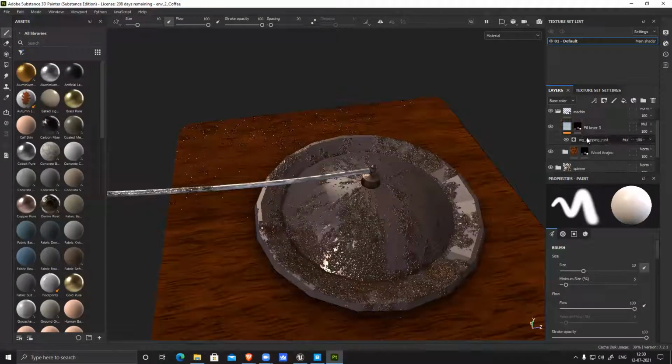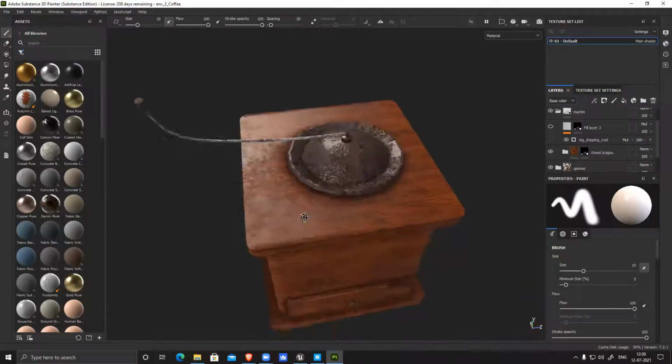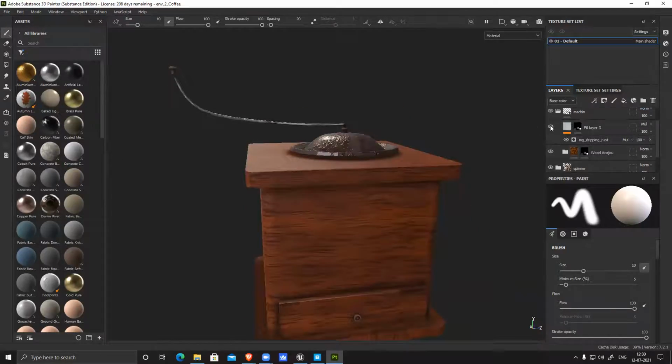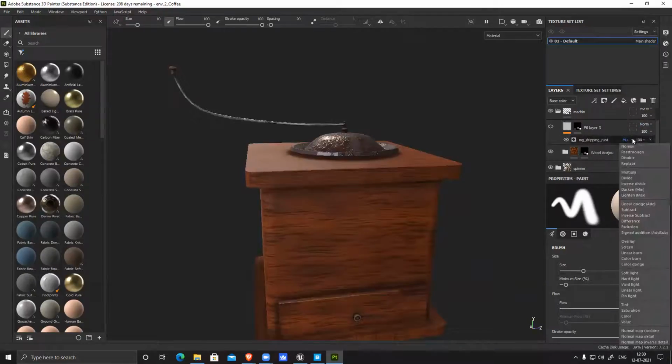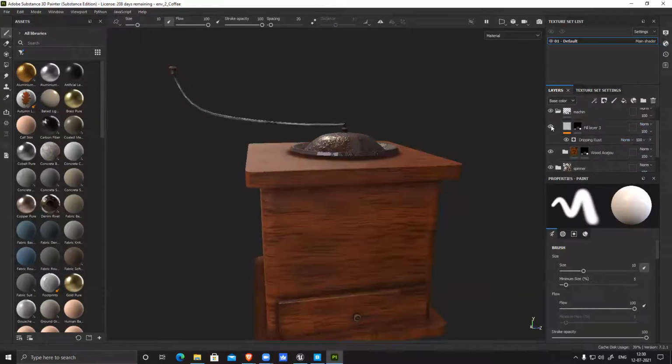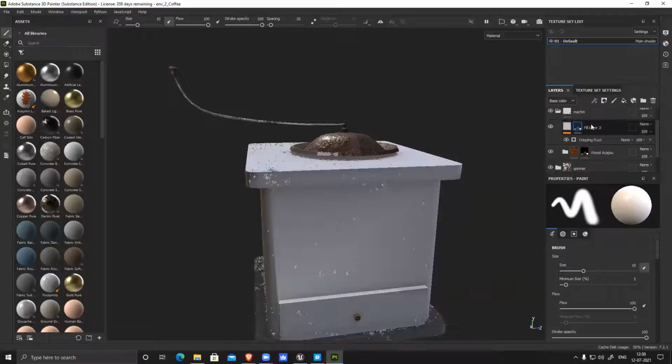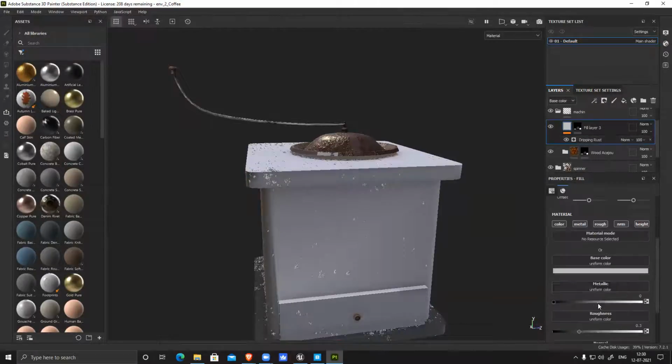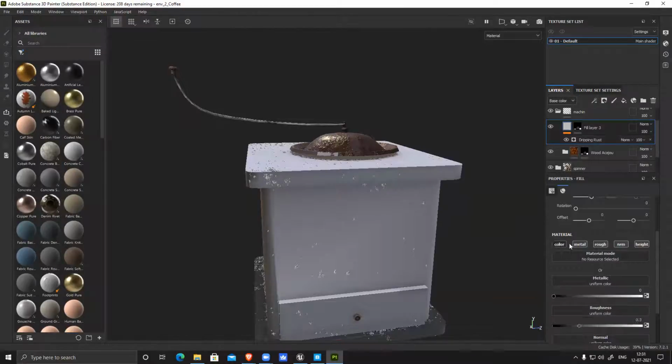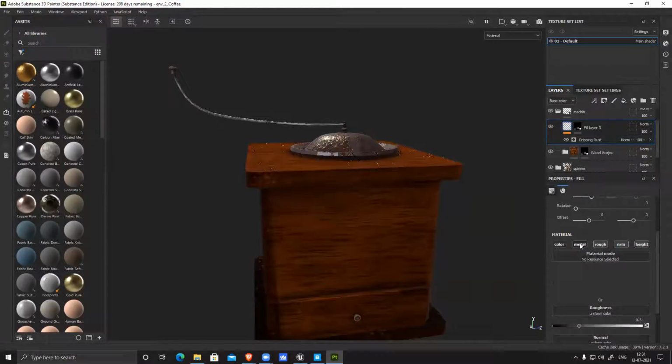You have multiplied this. This looks much better as compared to this. And this is only for dirt and all. So what you have to do is here, switch off base, metal, normal.